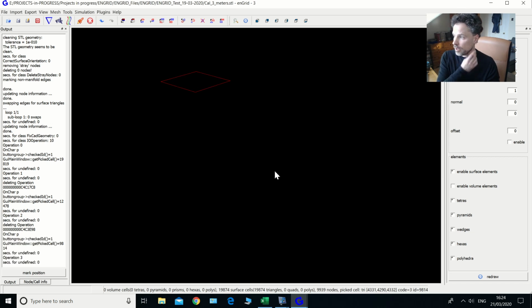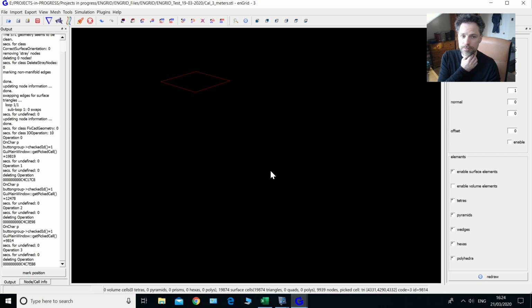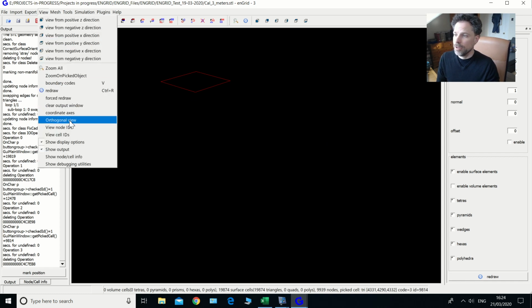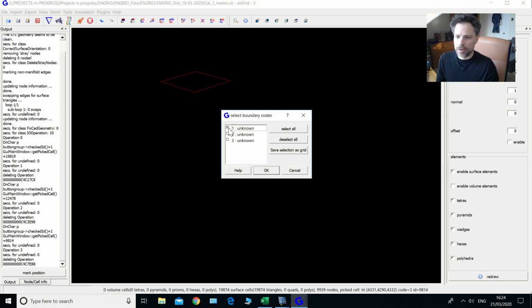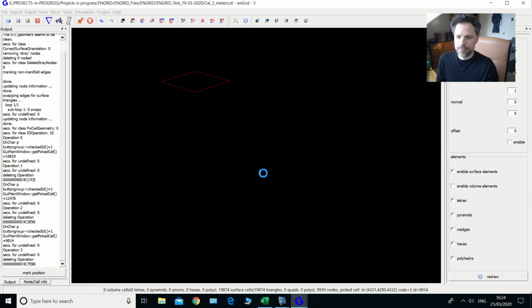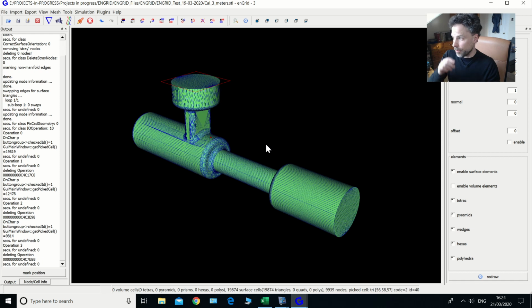OK. So we've done that now, and you may now think, well, where's the mesh gone? It's all vanished. So if you just either go View, boundary codes, or press the keyboard shortcut V, that's saying they're hidden, so we're going to unhide them all, and they're all back. So now what we're going to do is tell ENGRID